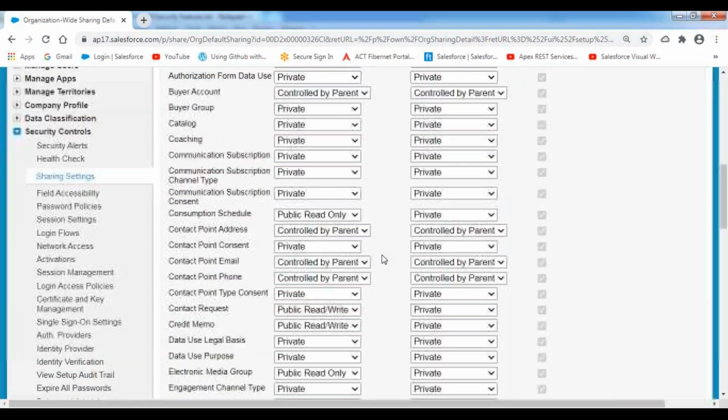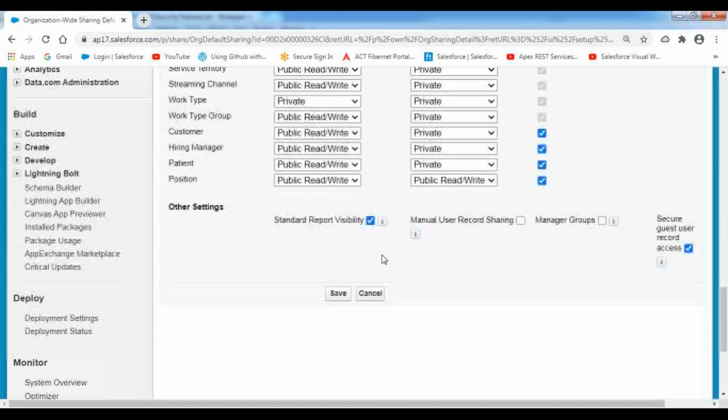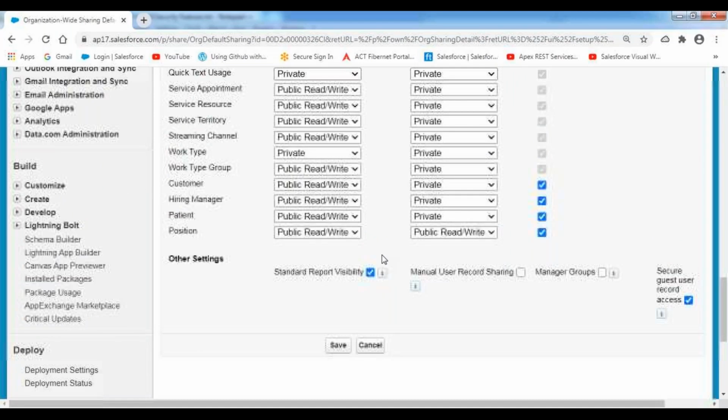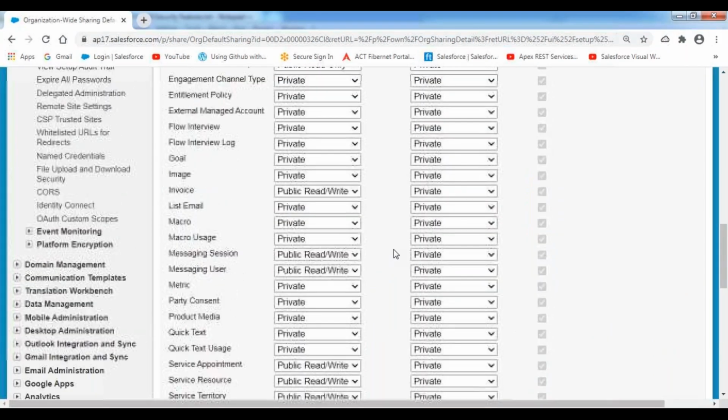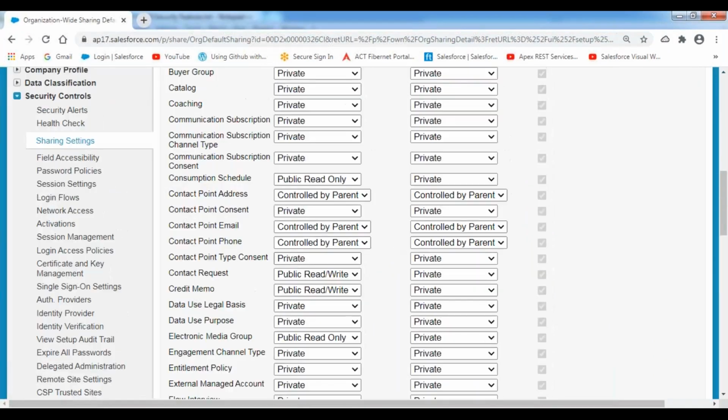When you go to the child objects, they will have the option called controlled by parent. That means this object's records will be controlled by the parent. The record visibility will be controlled by the parent record.